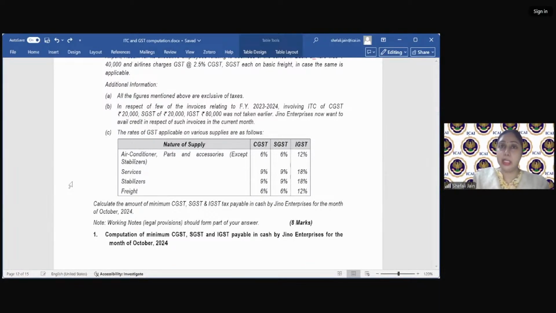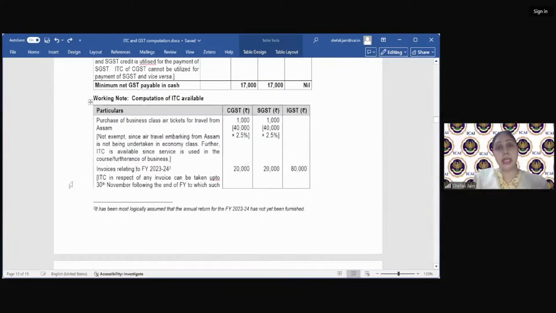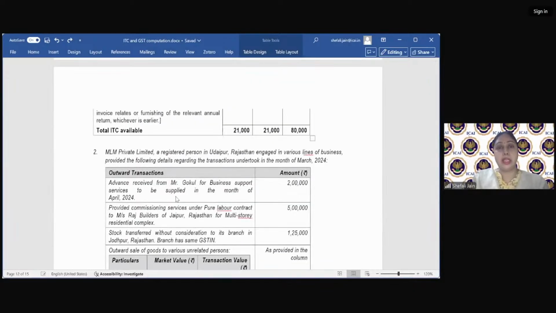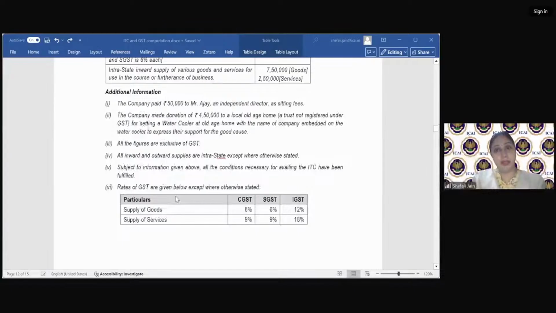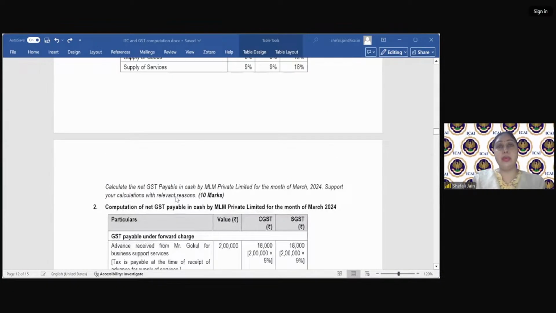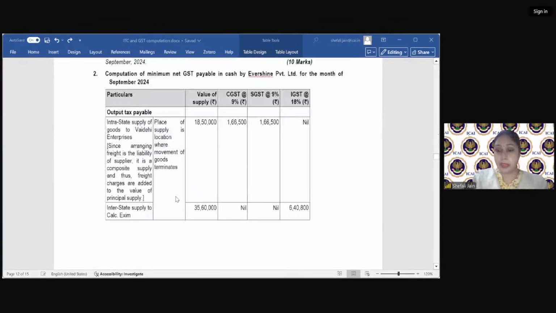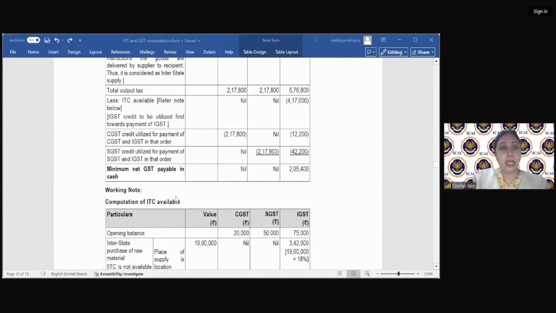So this you can give in the assumption. Here we have taken the assumption that the annual return has not yet been furnished. That is why he can take the credit of the invoice up to 30th November of the next financial year. So this point requires an assumption, and we have provided it by way of a footnote. You can provide it while you are solving the question, then and there itself. One or two more examples I want to give so that you become clear where you are required to provide that